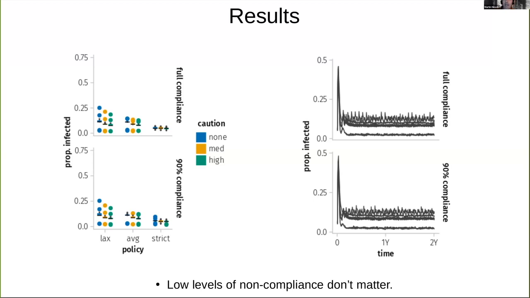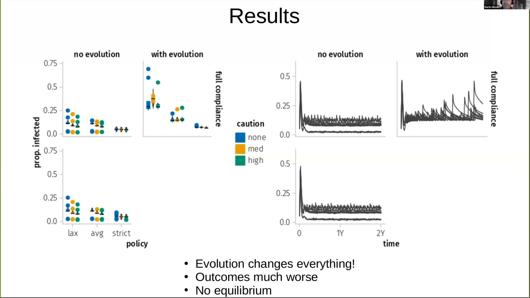All of that changes as soon as we assume that evolution happens. So if the pathogen actually evolves, all of a sudden we have much higher levels of infected individuals in the population. But on the positive side, policy is still quite effective. So a strict policy can prevent most of the negative effects of evolution. On the right-hand side, we can see that evolution leads to the appearance of new variants that then spread relatively quickly, but get caught by the implementation of